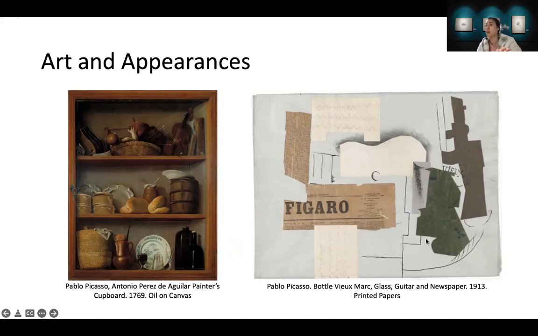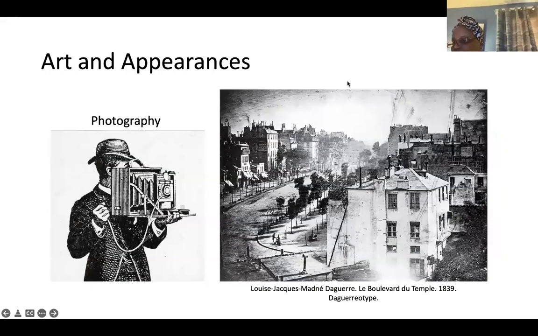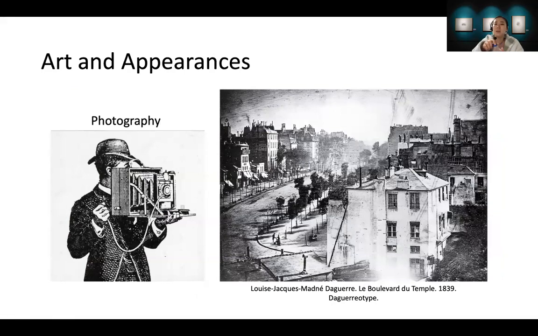Something was invented. Do you remember why? Photography. Perfect. Because of photography. For some artists, photography meant the end of painting, so manual skills were no longer needed to create the visual record.